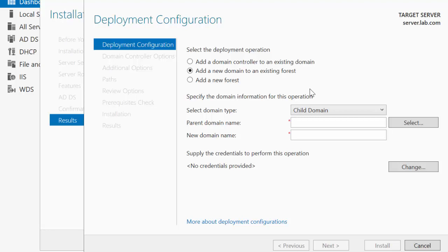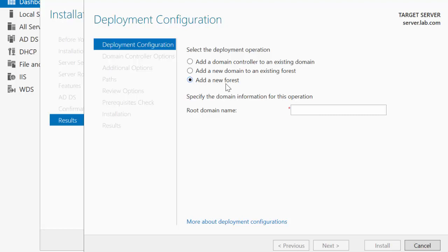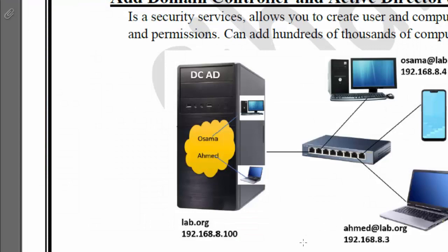So in Arbil we have a server, and in Mosul, in another branch, I want to add another server, another domain controller, like a child. If you don't have any domain, like me now, I don't have any domain, so add a new forest here. Why forest? It is just a domain, but here just type a forest, because you can see here,